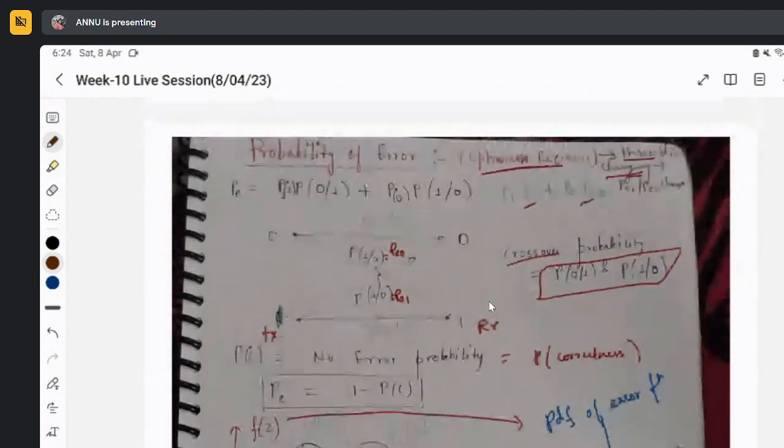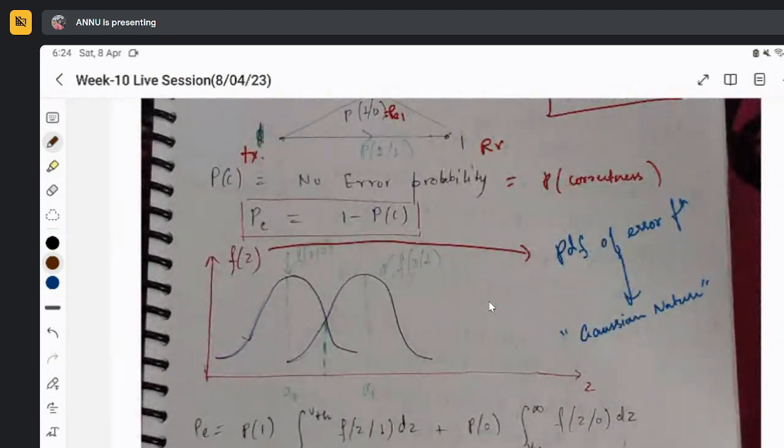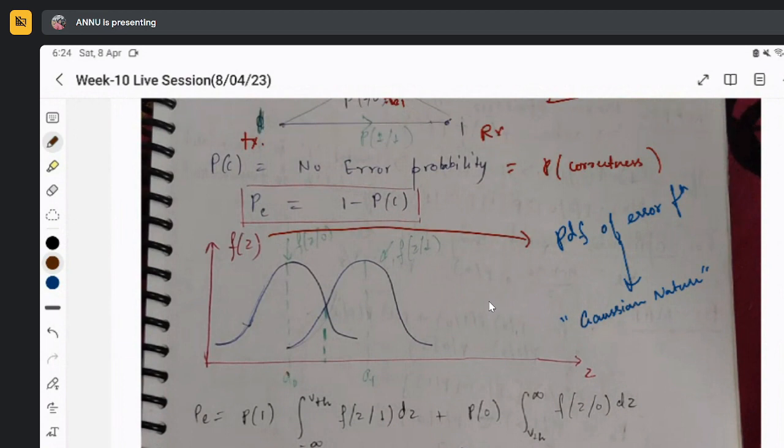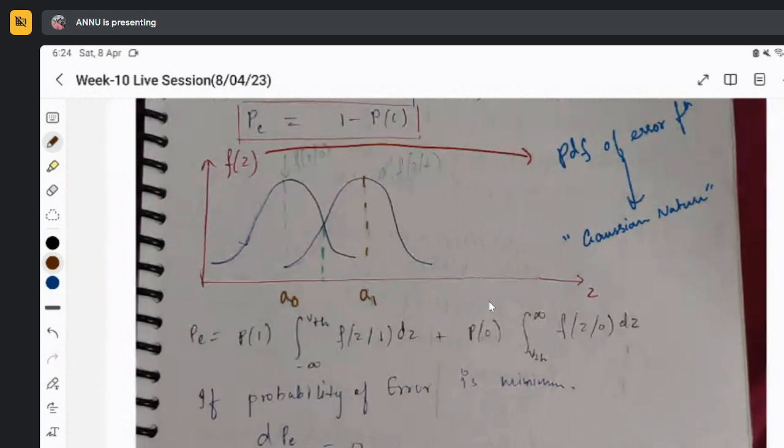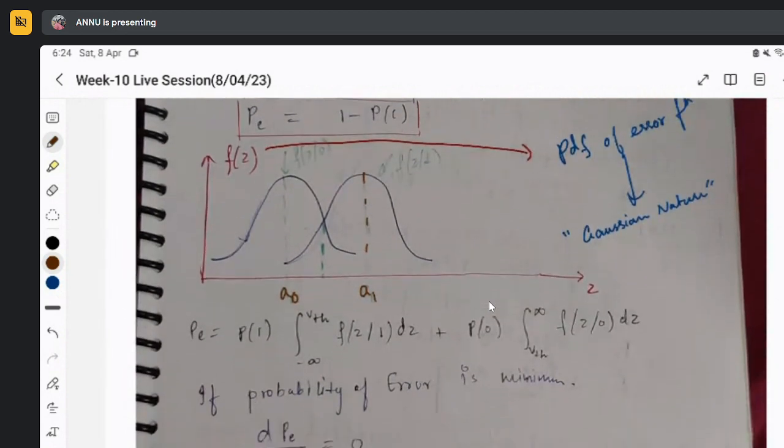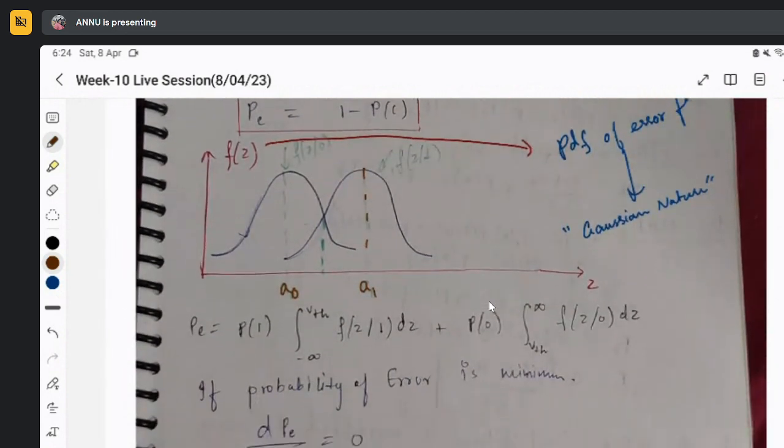So similarly, the error, we are assuming it as a Gaussian distribution, and each error will have some mean and variance. Suppose it is having the mean of a0 and it is having the mean of a1. So how will you calculate the P of error? P of error is actually the probability of transmitting 1, and you are getting somewhat different values. So probability of z, which we are representing as 1. So this is the error probability